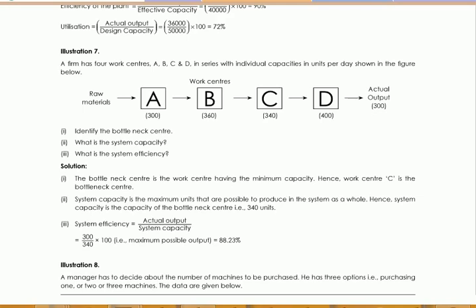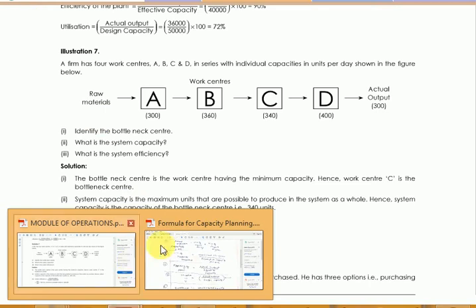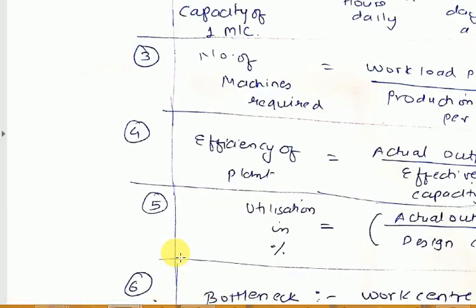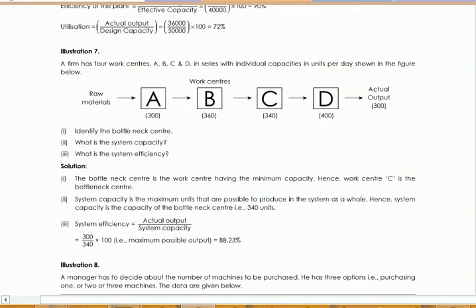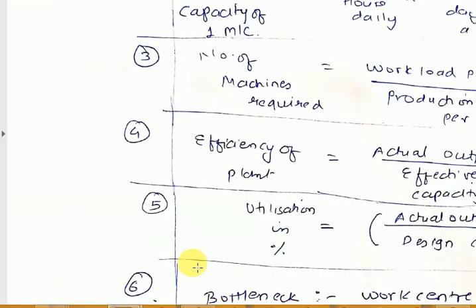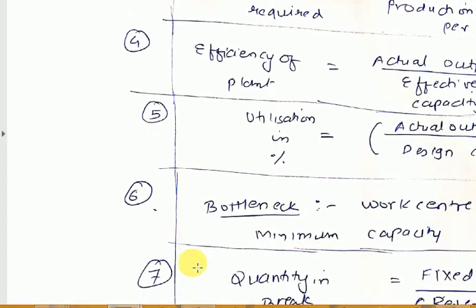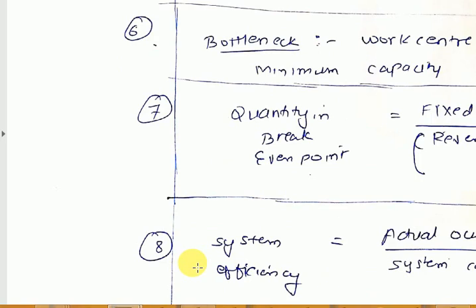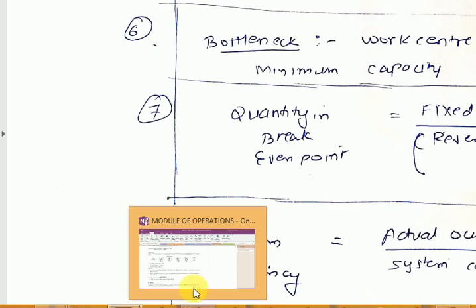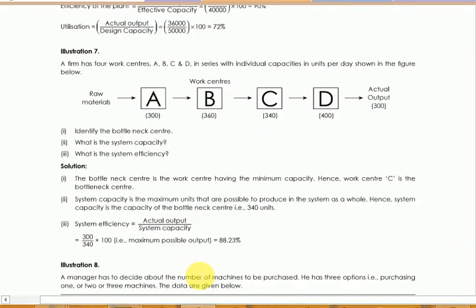Now if we go for the system efficiency, the formula is given to us in the formula list. If you refer to the formula list of my previous video, what formula can we use here? We can use the formula number 4, that is actual output upon effective capacity. Sorry, for the correction, we will use formula number 8 here. I'm sorry for the delay. We will be using formula number 8 from the list of formulas, that is system efficiency is equal to actual